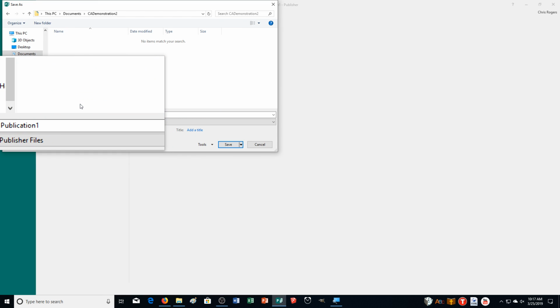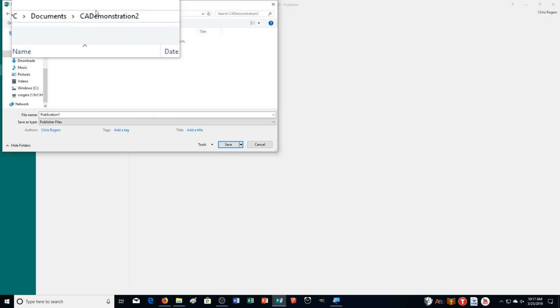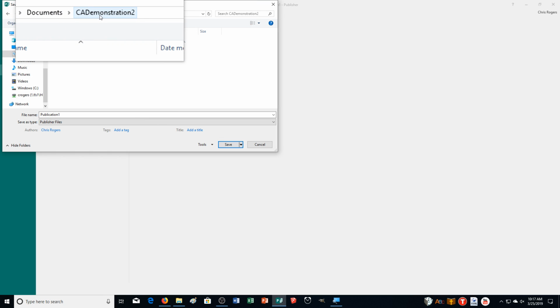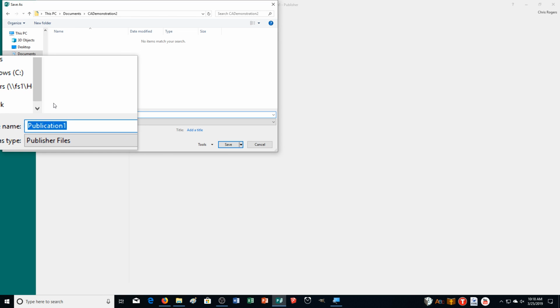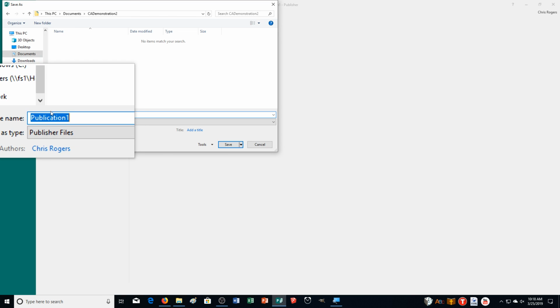So I made a new folder, double click on it. Make sure you're in that folder right away. Look up at the top. Make sure you're in the right location or it's going to mess things up. Then I go down to file name, Publication 1, and I'm going to change it here. And they want us to change to